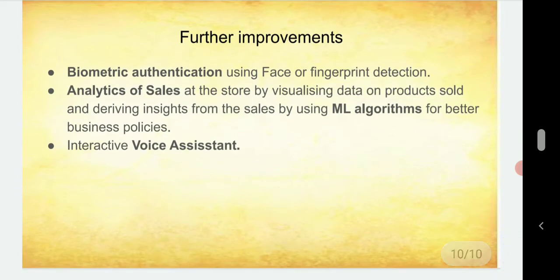The further improvements which we are planning to involve in the product are biometric authentication for better security, analytics of sales at the store by visualizing data on products sold and delivering insights from the sales by using machine learning algorithms for better business policies, and a usage of interactive voice assistant. This product has multiple advantages which have not been listed in the PPT but have sufficient potential to evolve as a 360-degree application. Some of the features include minimization of